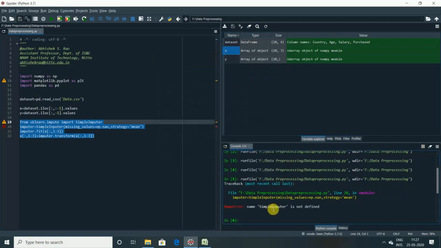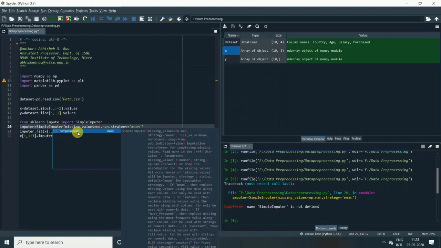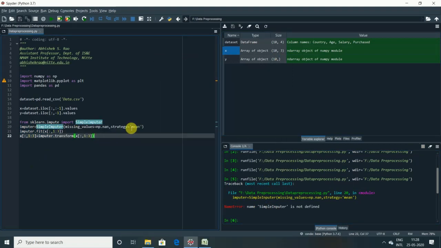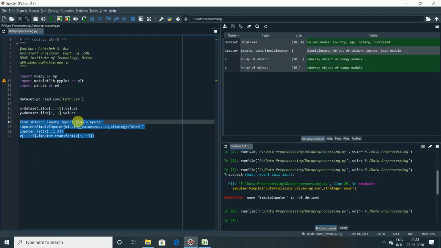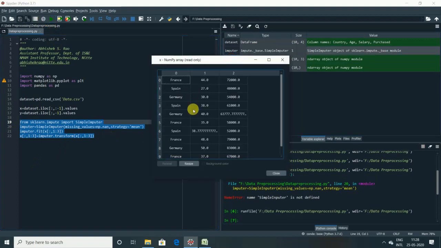I think SimpleImputer. Okay, yeah, there is a spelling mistake here. It should be SimpleImputer. Yes. Okay, let me execute it again. Yes, executed successfully. Now let us see X and Y.